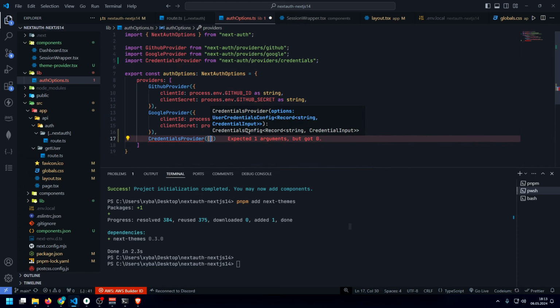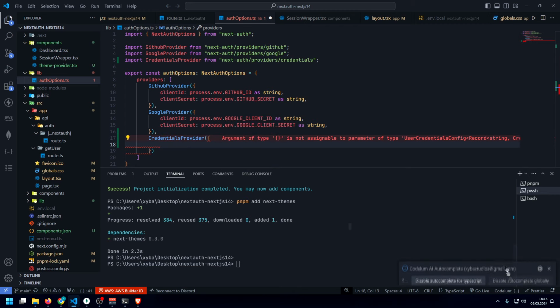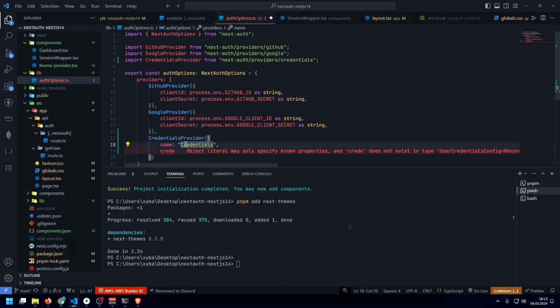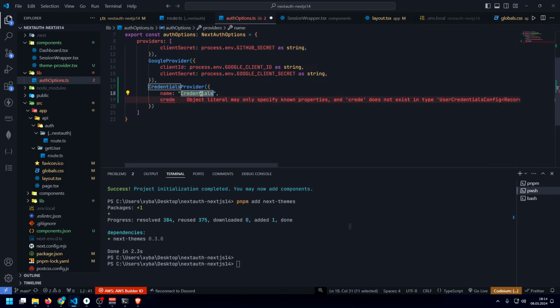And here we need to once again pass an object which serves as the configuration. Also let us actually turn off the AI so we can learn something. There we go. For the name we are going to use credentials. This is basically the text that will automatically appear on the, if you didn't know, Next Auth has a pre-configured template page, and whatever you write in here will pretty much be at the top of the sign-in form as